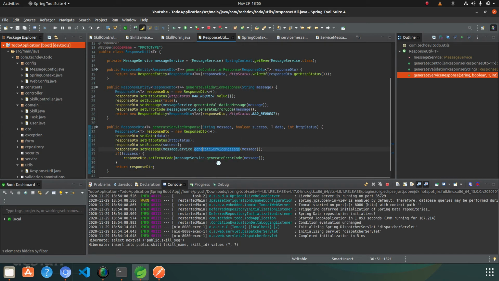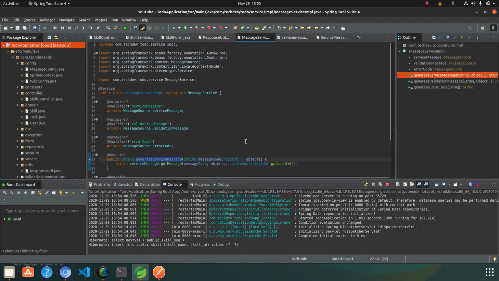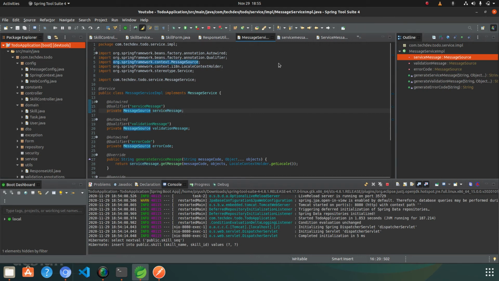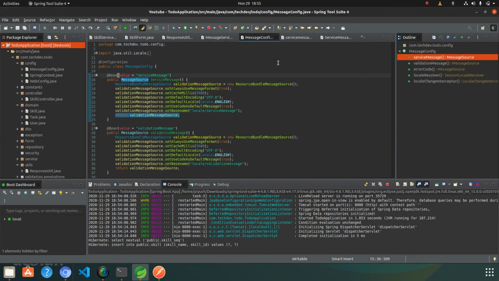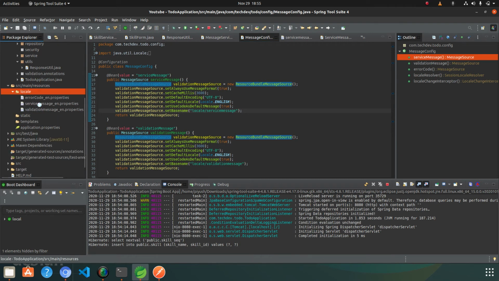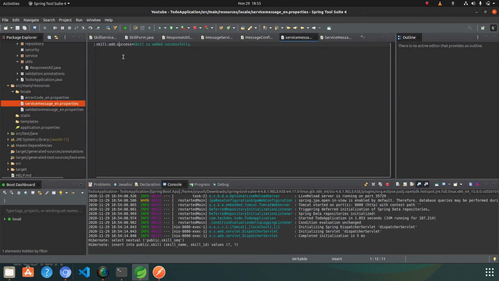The generate service message implementation says I need to provide the message code related to the service message, and the service message bean refers to the message source configuration. Let's check the message source configuration. As you can see here, I have a bean named service message which locates the service message properties file for the locale and looks for that message code in that property file.